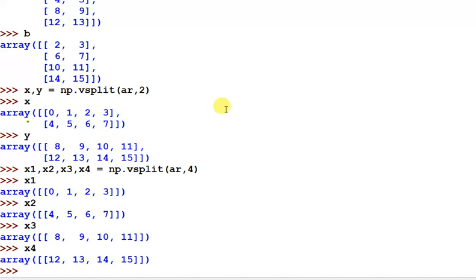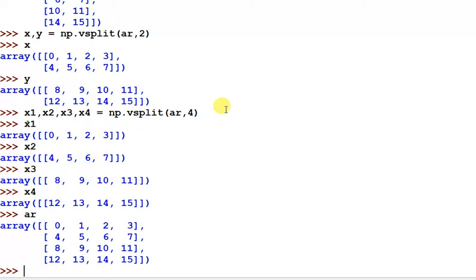So the array we have formed, that is this, and I want to divide horizontally with the help of the split function. Suppose I'm using two variables x comma y and I want to assign all the divisions. So I'm using the split function, and we are passing the array and the number of divisions 2, and on which axis.